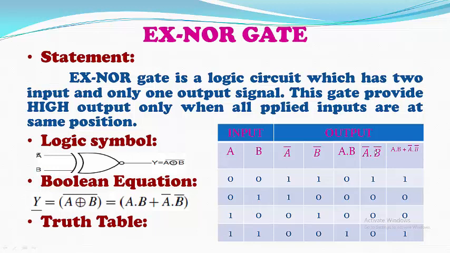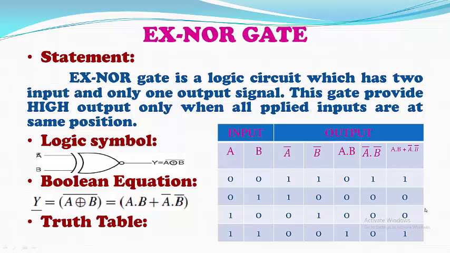Now we have to calculate A bar into B bar. Take multiplication of these two columns in which 1 into 1 both are 1. So output value is 1, and for the rest of the conditions multiplication will be 0. But for this XNOR gate we have to calculate A into B plus A bar into B bar. So now we have to take the addition of these two columns, in which 0 plus 1 equal to 1, 0 plus 0 equal to 0, 0 plus 0 equal to 0, 1 plus 0 equal to 1.